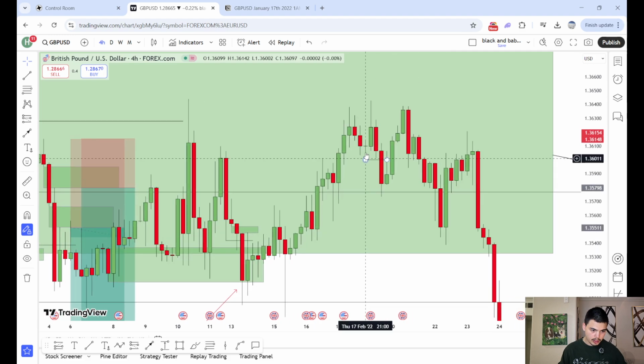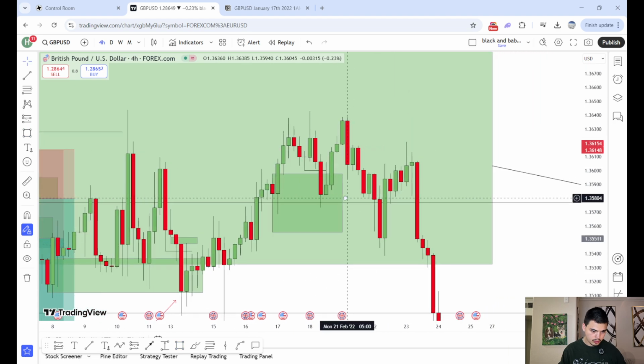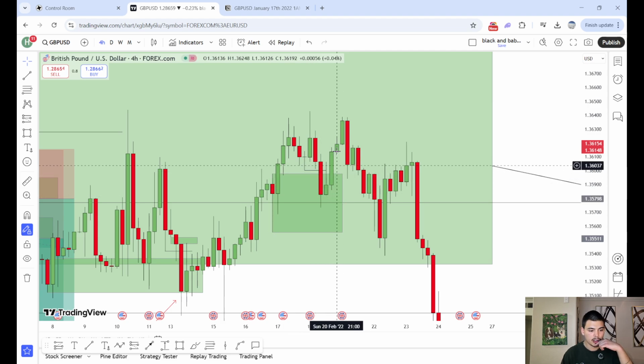Price violates it, but it didn't violate this. This right there, okay? And so keep this candle in mind. This is going to be a bullish order block that sent price higher, okay? And then from there,